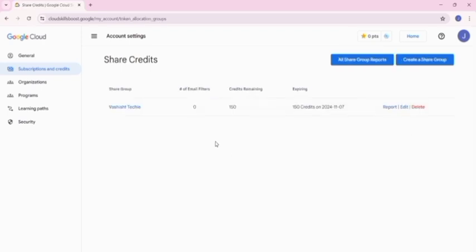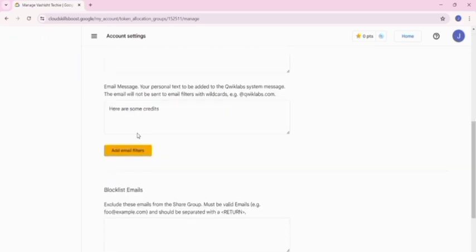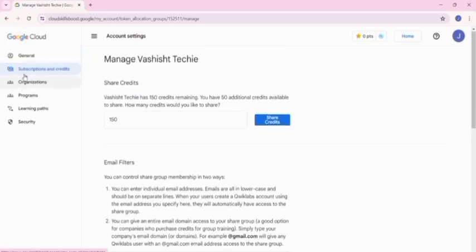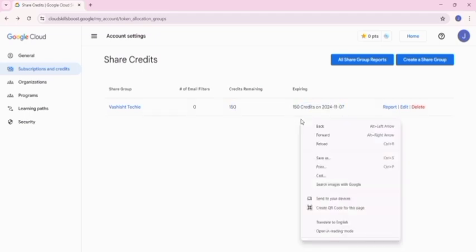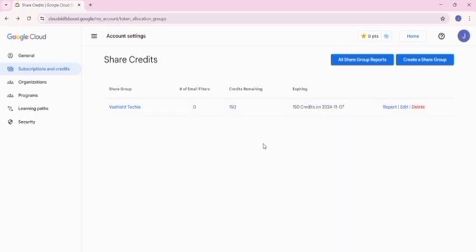So this is the simple way. If you click on the share group, now you can see there are 150 credits I have given to that person. In this way, you can share your credit with your friends, relatives, or anyone you want to share with.